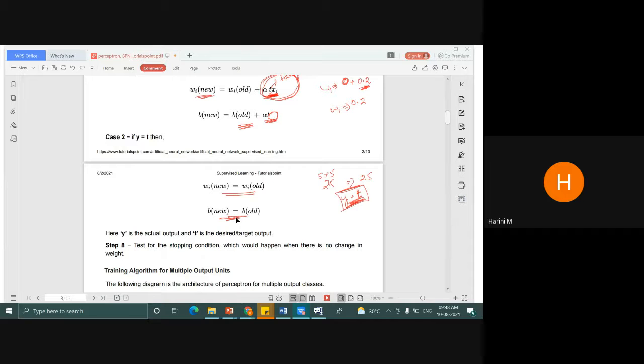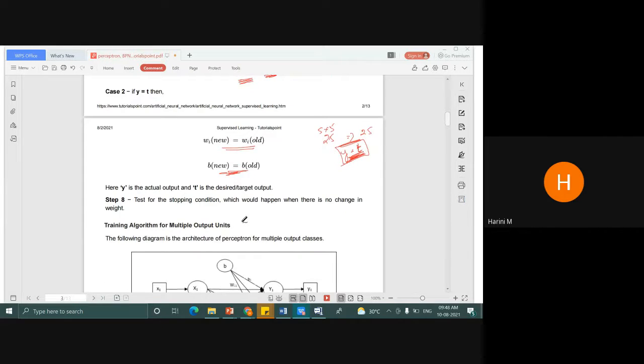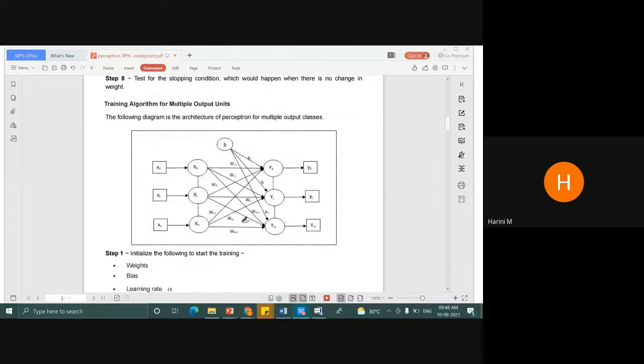So this is about perceptron. And in case of perceptron itself, as I told you, there can be multiple outputs. Earlier we had just one output. Here you have multiple outputs, y1, y2, and so on up to yn. Any number of outputs can be there. This number of outputs is not dependent on the number of inputs. This is an important point. Keep this in mind. You have n inputs here, 1 to n, and you have 1 to m outputs here. It's different, n and m. It need not be the same.